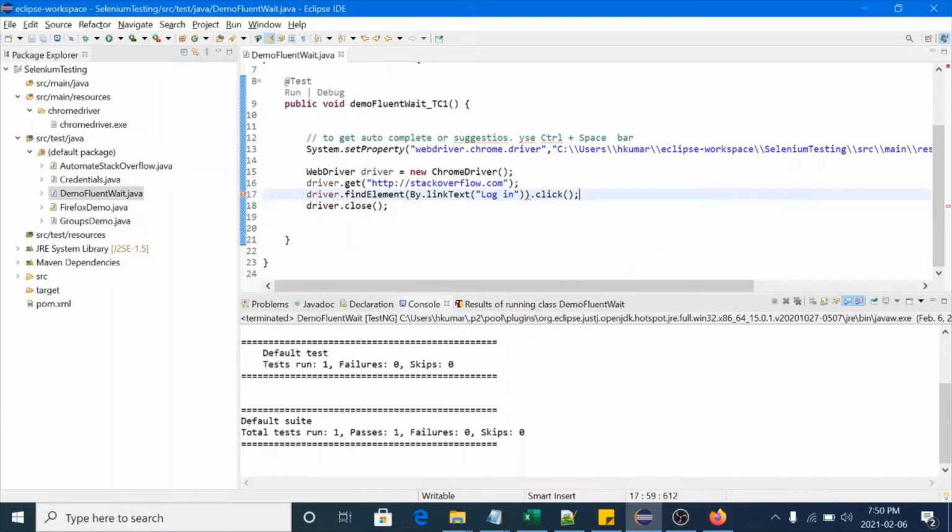So we are clicking on this element, and let me run the script and check that it's working fine.